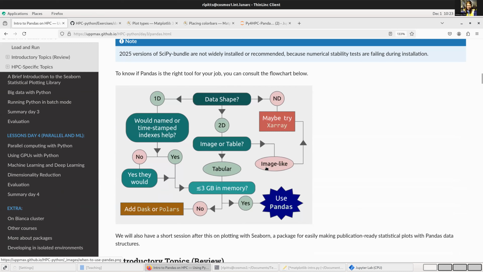If the data are image-like, then you might prefer xarray. And also, if your data are n-dimensional or higher dimensional, then you might prefer xarray. If your data are tabular and they're less than 3 gigabytes in memory, then Pandas is pretty much all you need. If they're more than 3 gigabytes in memory, you might need to add Dask or Polars,